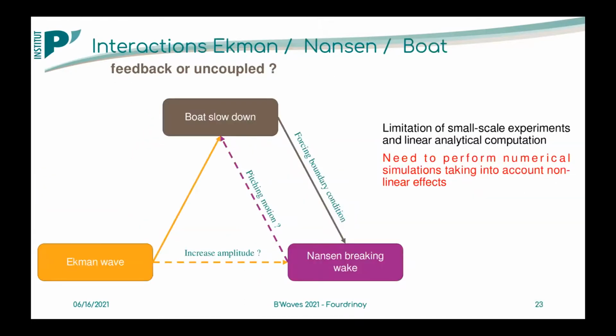The question now is, are there any interactions between these nonlinear structures? Can the maximum of Ekman waves cause a break of the Nansen wake? This breaking wake, can it cause a pitching motion and therefore slow down the boats? We are reaching the limits of our linear model, and we need to do a new model with